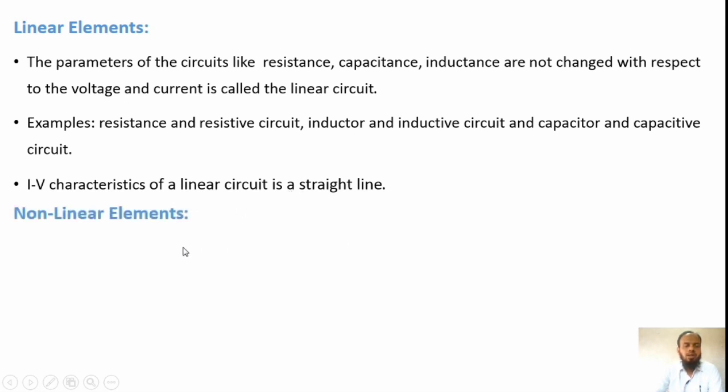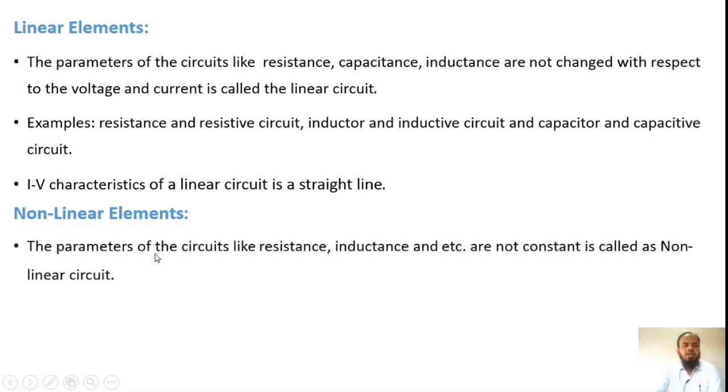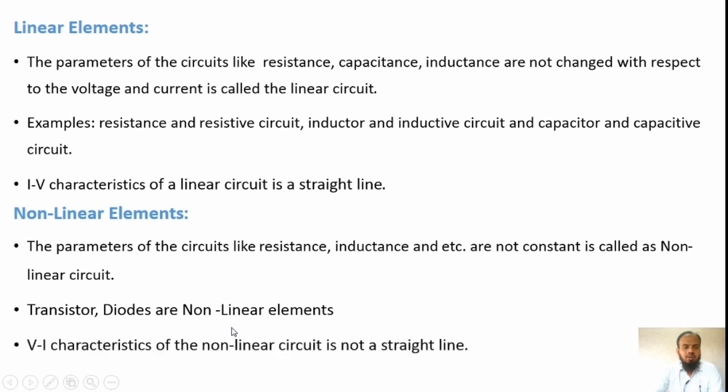Then non-linear elements. The parameters of the circuits like resistance, inductance, etc. are not constant. Then these are called non-linear circuits. For example, transistor, diode are non-linear elements. And the VI characteristic of a non-linear circuit is not